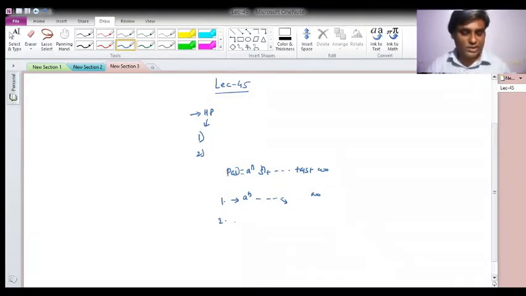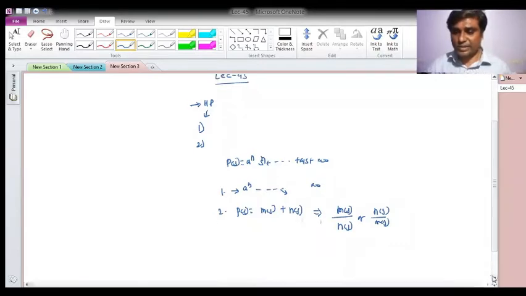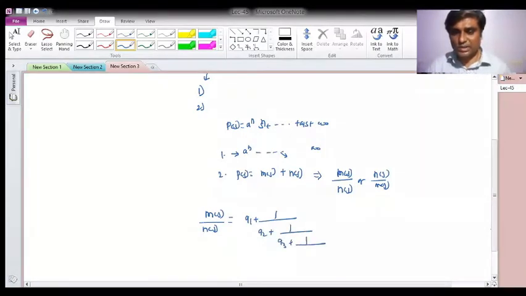The next property is that I take the continued fraction expansion. For that, I have a polynomial, and I make it into the even polynomial and odd polynomial, then divide the even polynomial by the odd polynomial or the odd polynomial by the even polynomial, and find the continued fraction expansion, which is say m of s over n of s. Its expansion will be q1 plus 1 over q2 plus 1 over q3 plus 1 over q4, and so on, till you get the remainder as 0. Then check that if all the quotients are positive, it is Hurwitz.